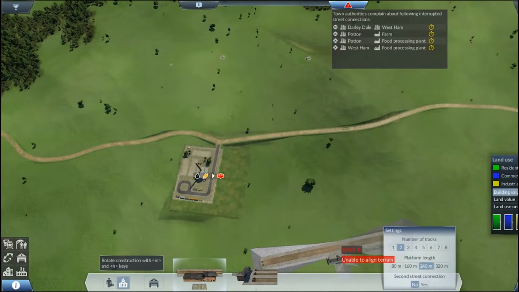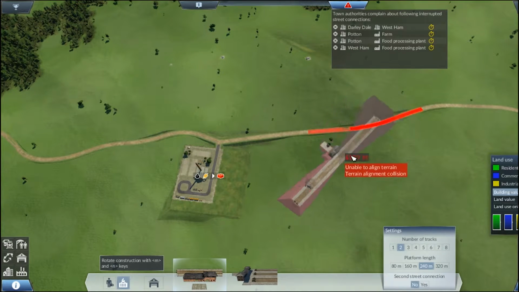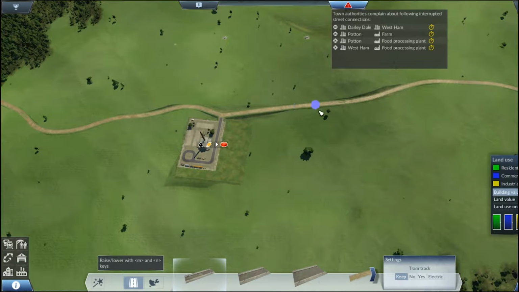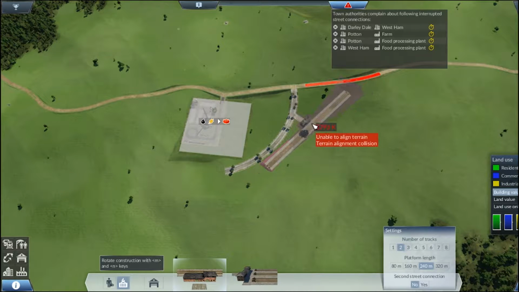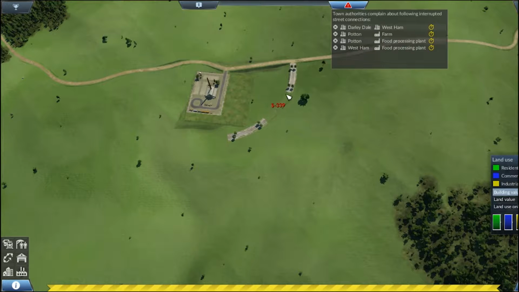Can I... don't want to do that. Let's change the roading system a little bit. Don't do that. And put this in, and then if we chuck our train on here, it doesn't connect. Okay, so it starts connecting there. If we get rid of that, and...